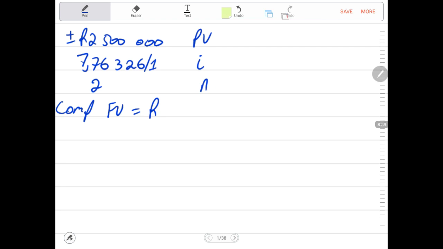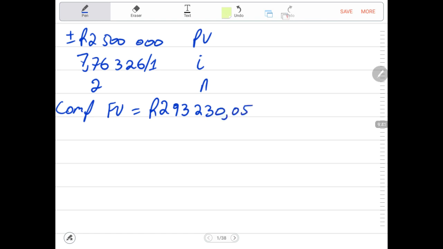So now let us say second function alpha 00, just to clear the memory in case there was anything in memory. Then we say 2,500,000 rands plus minus present value. Then we say 7.76326 is our I. Then we say 2 is our N, and we compute the future value. This gives us 2,903,230 rand